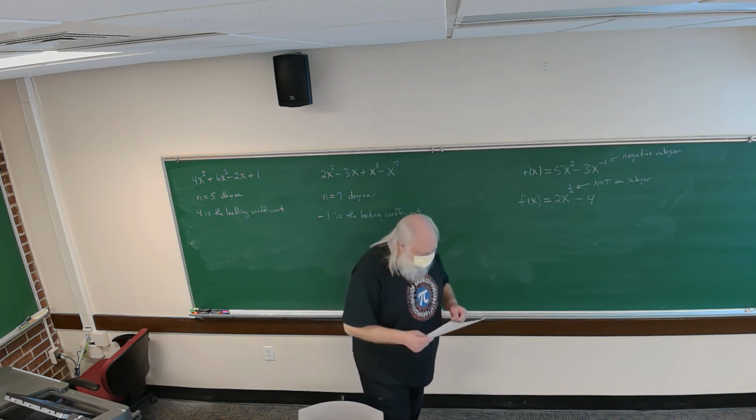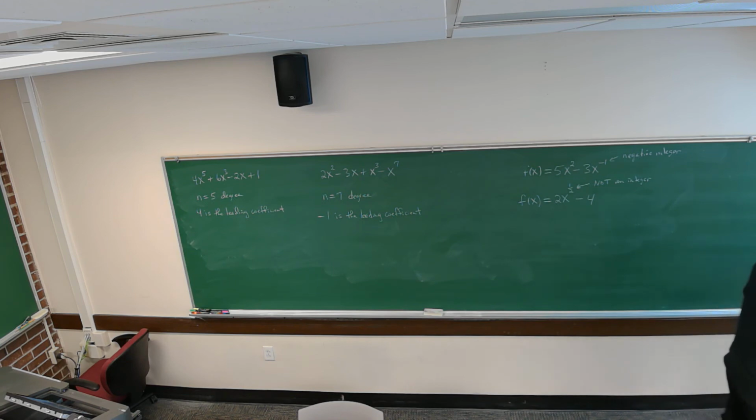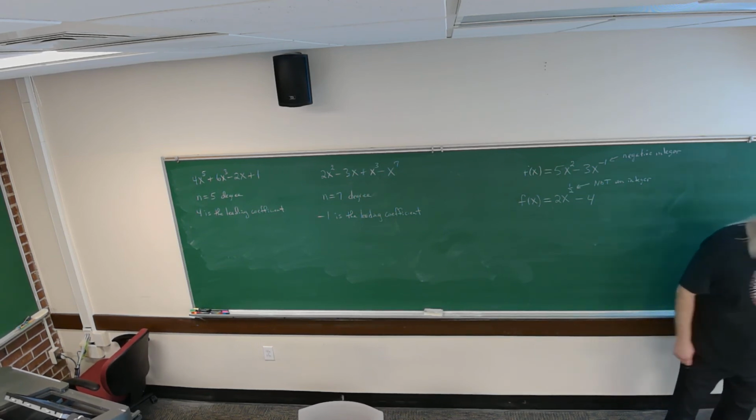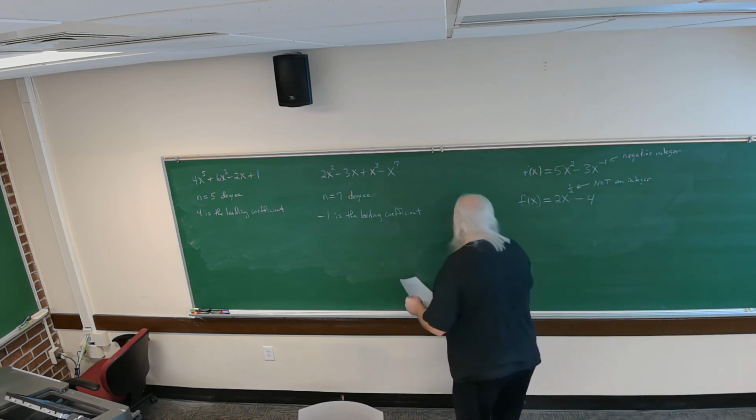A power function of degree n is a polynomial of the form f of x equals a times x to the n. Again, a is a coefficient, a real number, and n is a positive integer. The graph of the polynomial function is continuous, and you might add after that statement